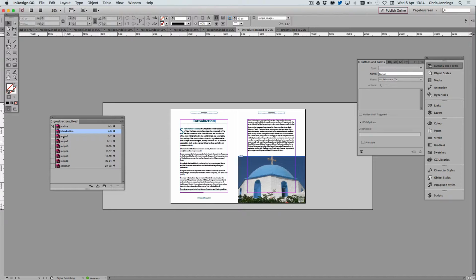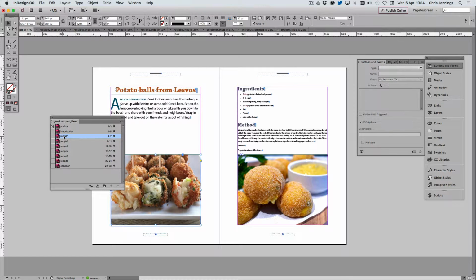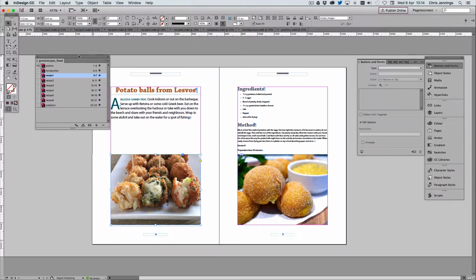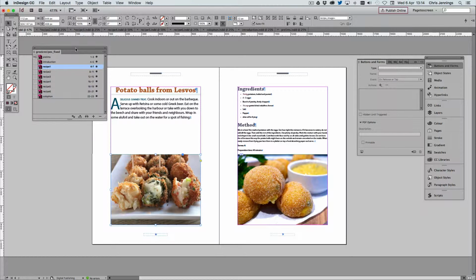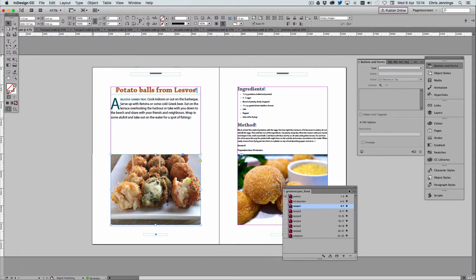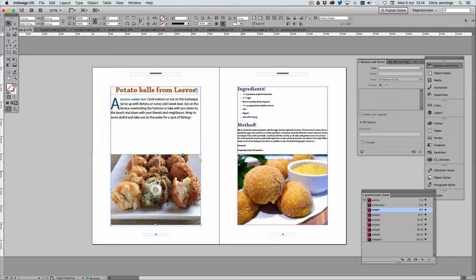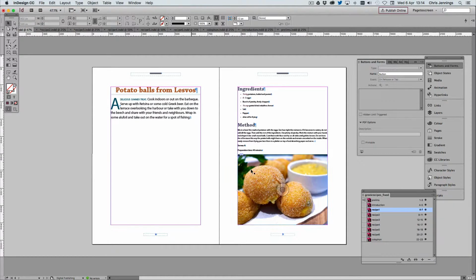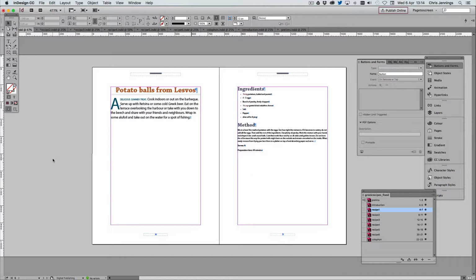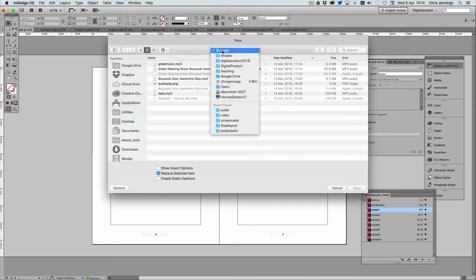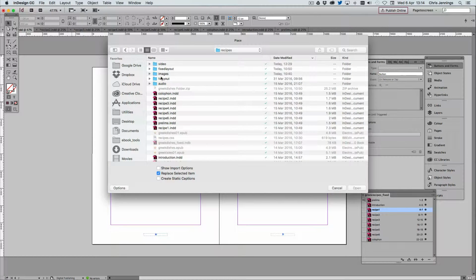Now let's move now to another recipe. This time I'm going to look at potato balls from the island of Lesbos. Let's just move our panel over on this side. Now for this particular one, instead of having two images here, I want to make a sequence of images. And you'll see how this works. I'm going to first of all delete both of these images, and you'll see why in a moment, because I've got ready set up a sequence of images